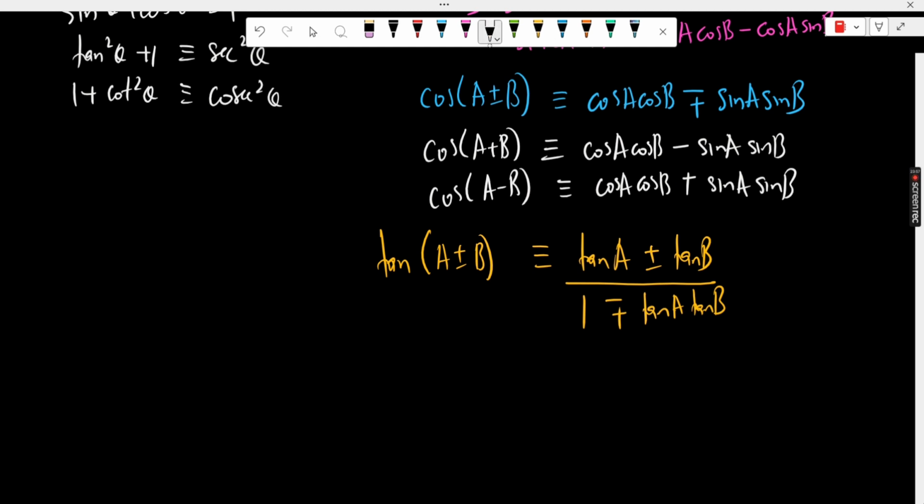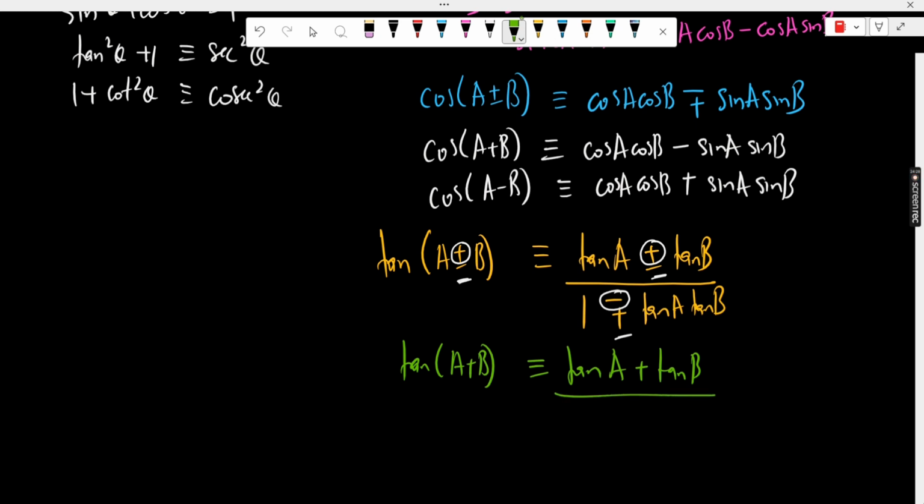So what that means is that the plus sign over here goes with the plus sign in the numerator and the minus sign in the denominator. And of course, the minus sign here goes with the minus sign in the numerator and the plus sign in the denominator. So if we were to just write out these versions like we did the other two, we can write that tan of A plus B is equivalent to tan A plus tan B over 1 minus tan